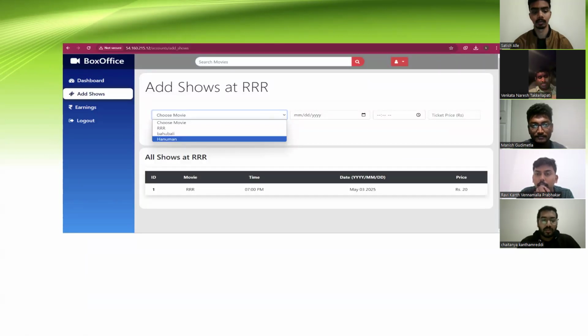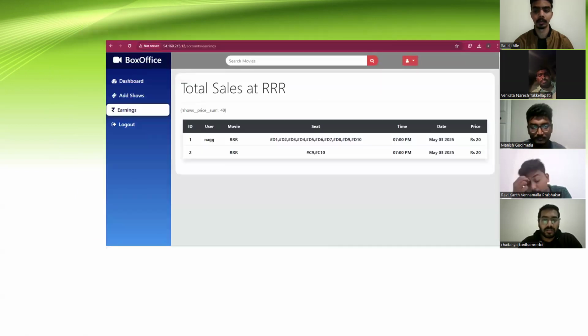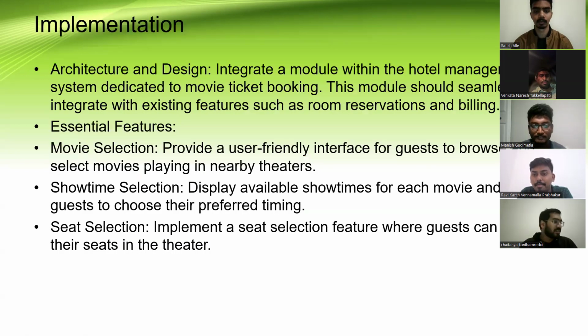If you are interested in adding more shows, go to the dashboard and add more movies. Go to the Hanuman. Next slide. Here we can see the added movies, Tripler, two more ads, and Hanuman third show. Next slide. After the seat selection, we can go to the payment and get the payment and book the ticket. Next slide, we continue by